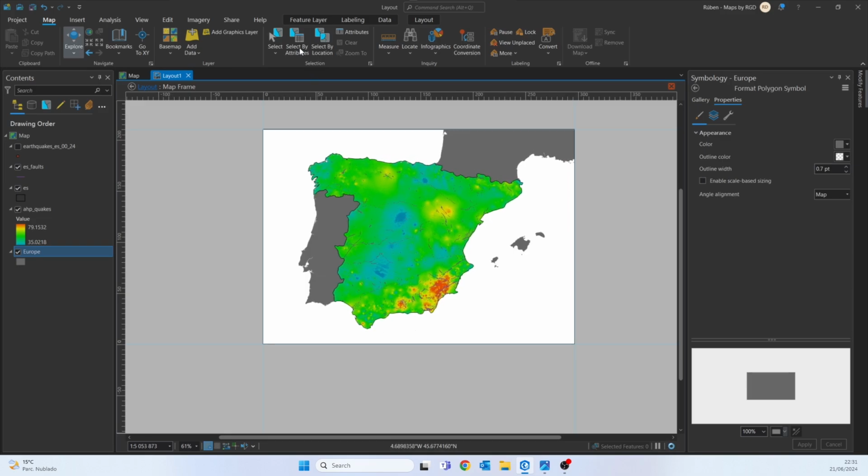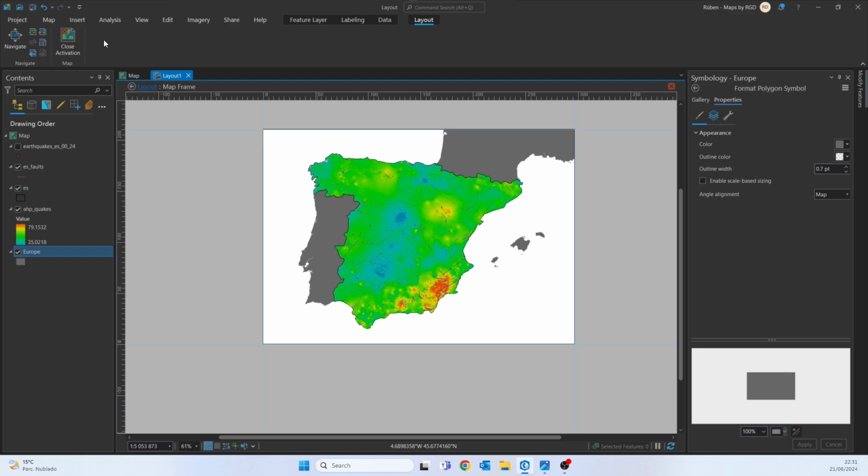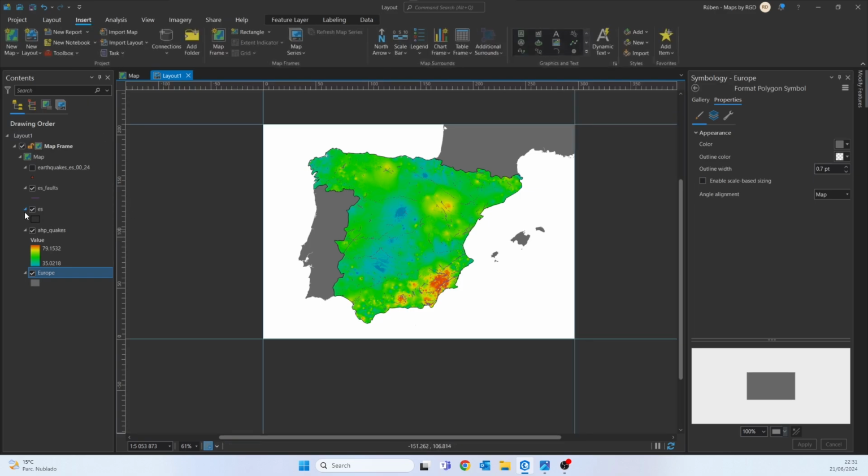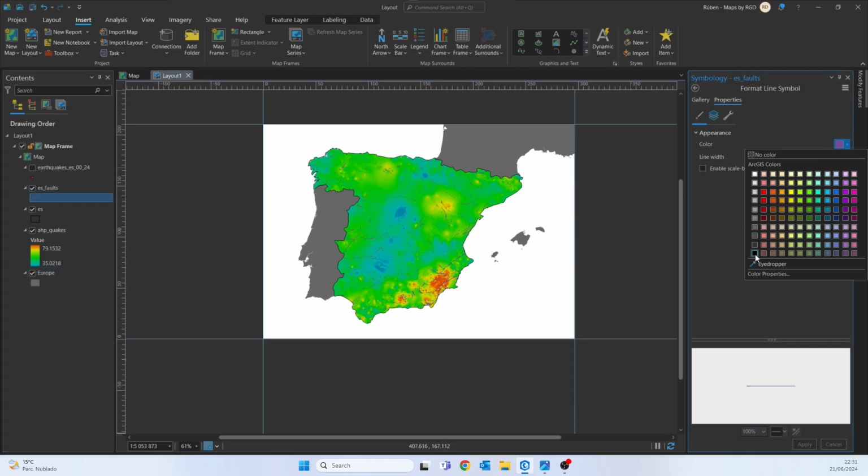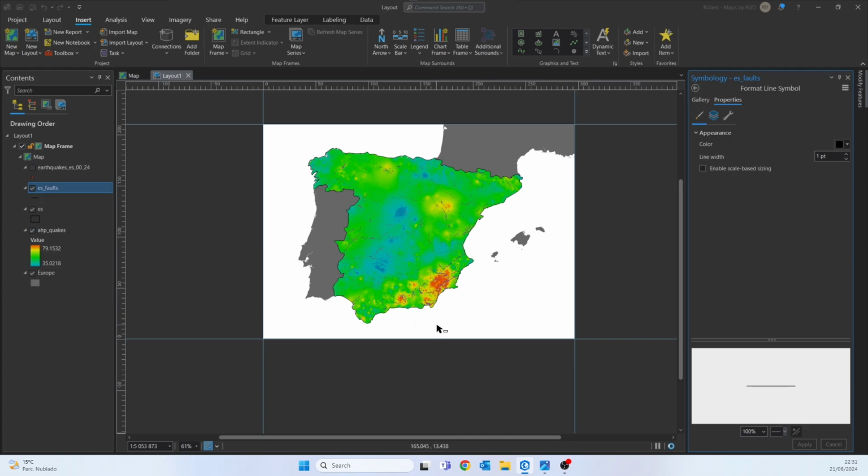For now it's okay, we can adjust later if we need to. And now let me change this to black. Okay, so now we can see